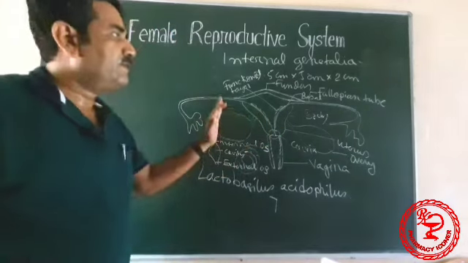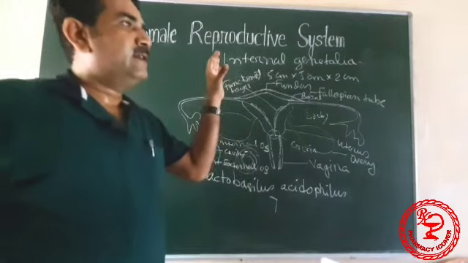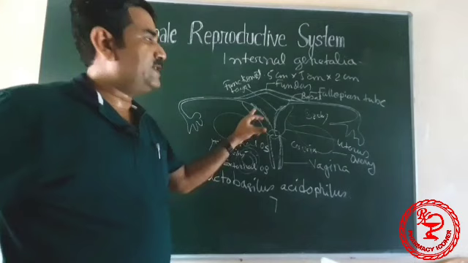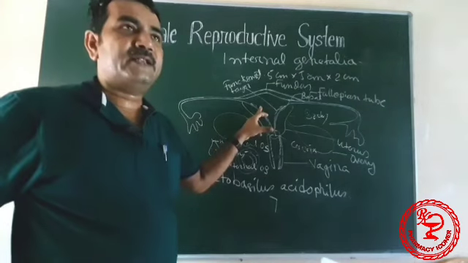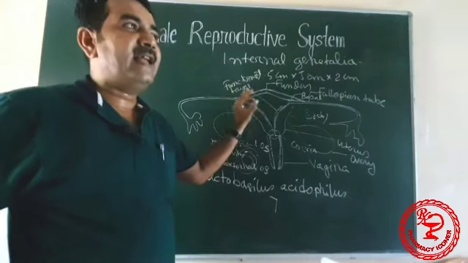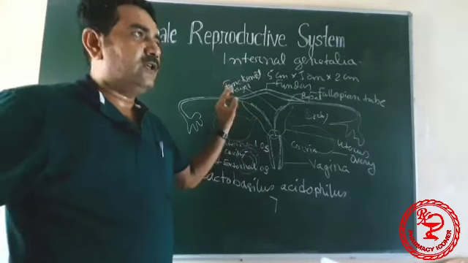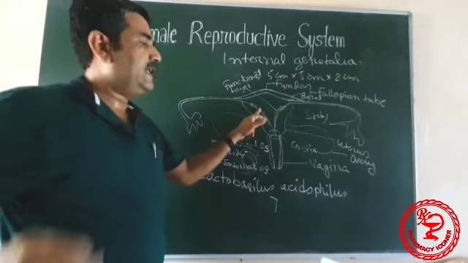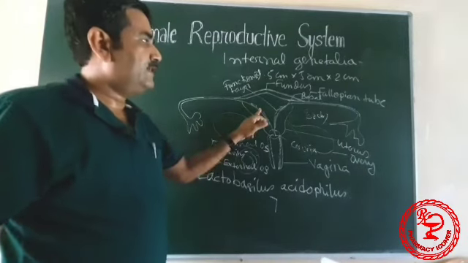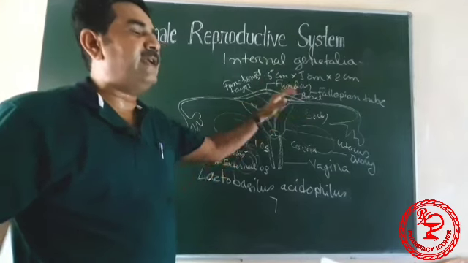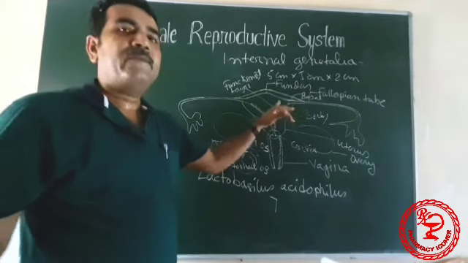Second thing, the uterus receives the fertilized ova or zygote, which is implanted into the uterus. It also nourishes the fertilized zygote, which is called an embryo for the first 8 weeks. After that it is called a fetus. So the entire growth and nutrition is maintained by the uterus.